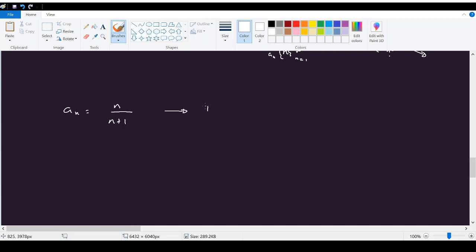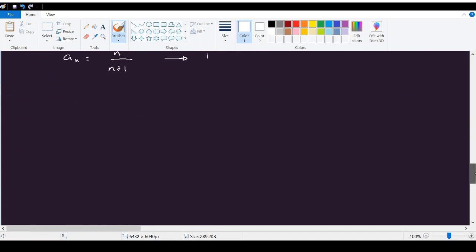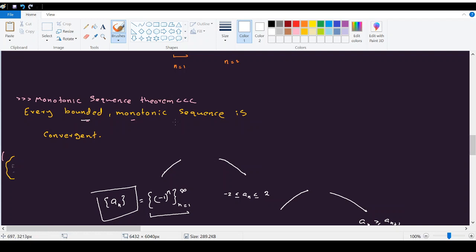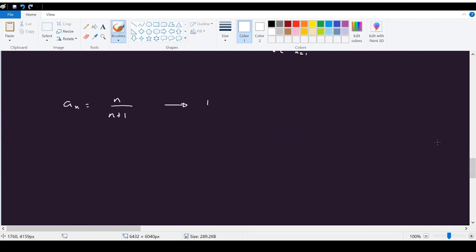But let's say we don't know how to calculate this limit. Then we can use the monotonic sequence theorem to prove the convergence. This is an important theorem, right? Because sometimes there can be sequences where it is difficult to calculate the actual limit. So in those cases we should apply the monotonic